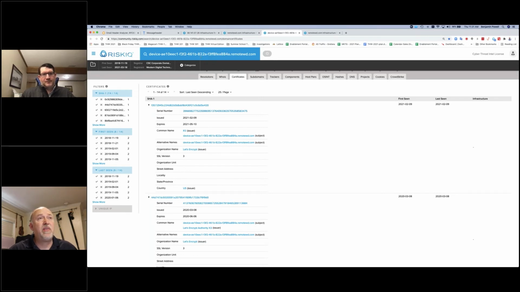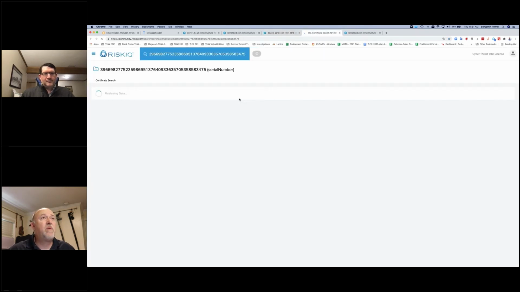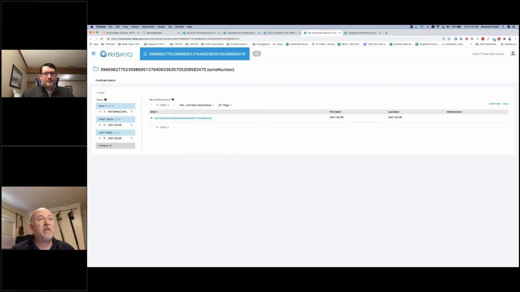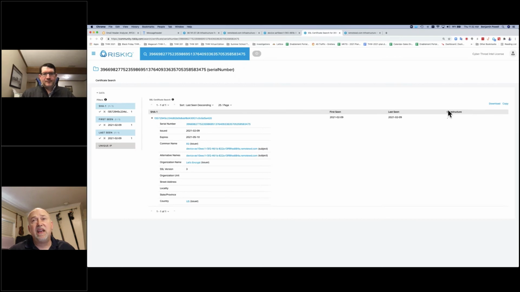So right now we haven't seen that certificate associated with an IP. It's associated with the subdomain. But if I right click on this and open another tab, that will show me everywhere that this certificate has been seen in the world. And right now it is only on that one device, and we didn't see the IP address with it. So that's why the IP address wasn't associated with the infrastructure. But we're going to see that in the next exercise where we look at a real place. You're going to be able to see the certificate, and we'll pivot off of that. Okay.